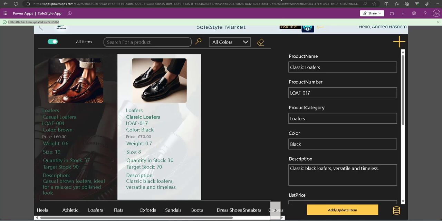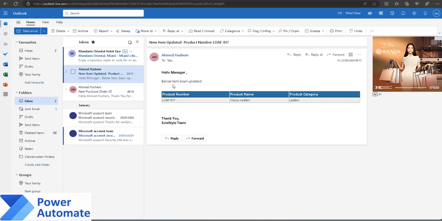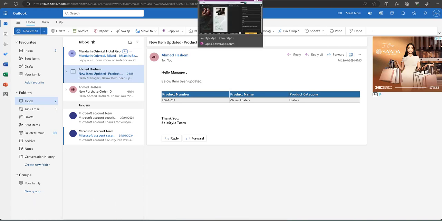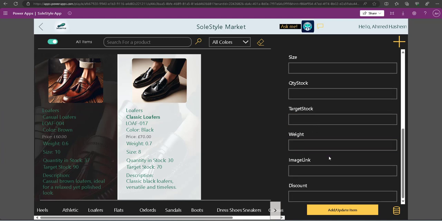Again, it will send an email to the manager, in this case notifying the manager that this item was updated. He can go check it there in the dashboard if you wish for the manager. And I can add a new item if I want. So I can give a whole new item here with the image link and with this discount,